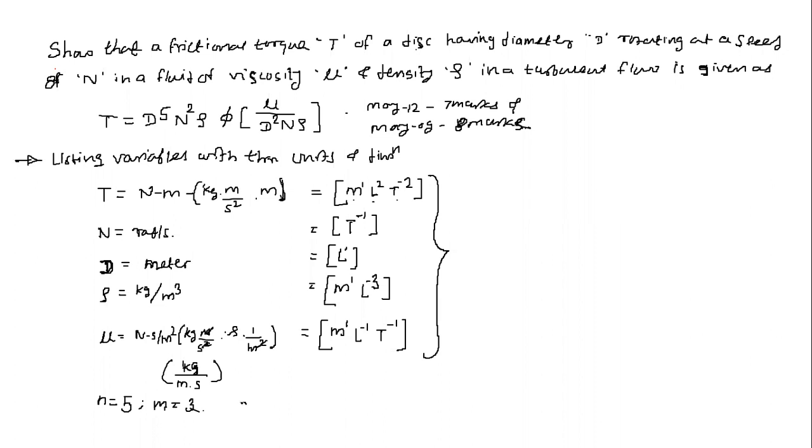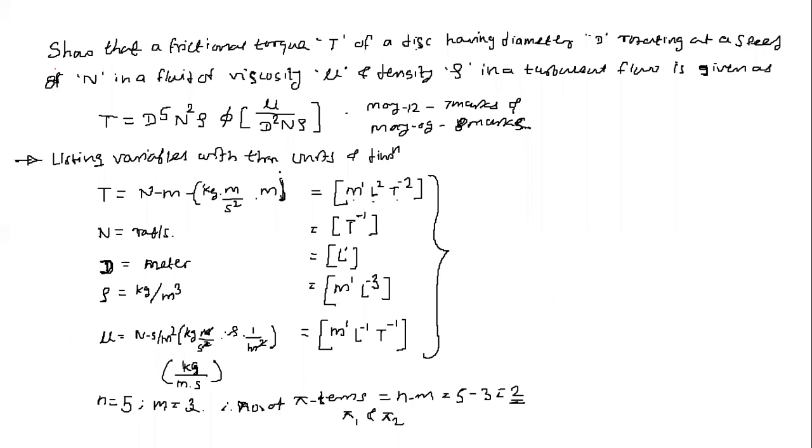So the number of items, I would like to write, therefore. Items means the relationship of the physical quantities in a non-dimensional form. The number of items that can be formed here will be equal to n minus m. So n is 5 minus 3 is equal to 2, which means we will be able to form a maximum of 2 items. We can write those terms as pi 1 and pi 2.